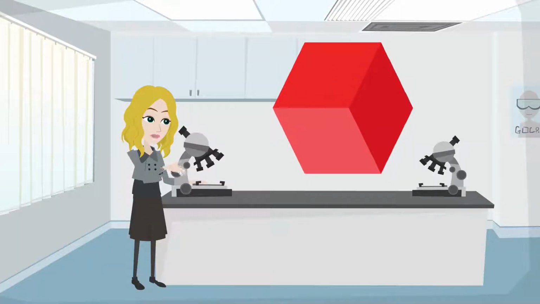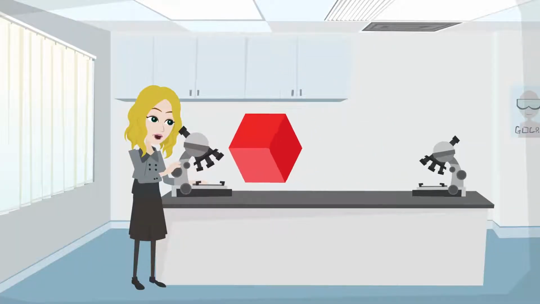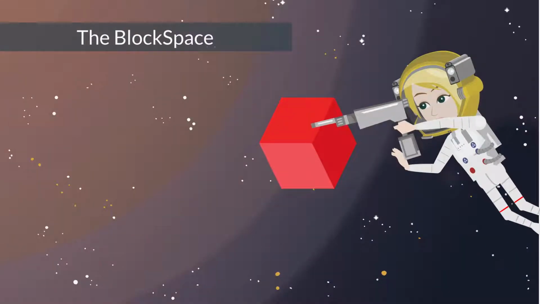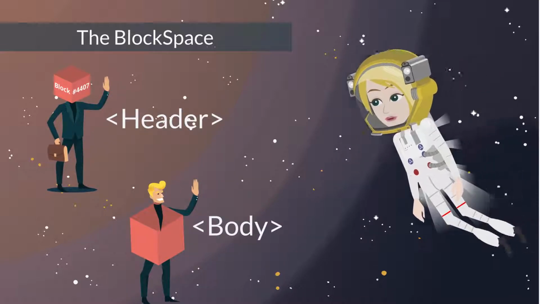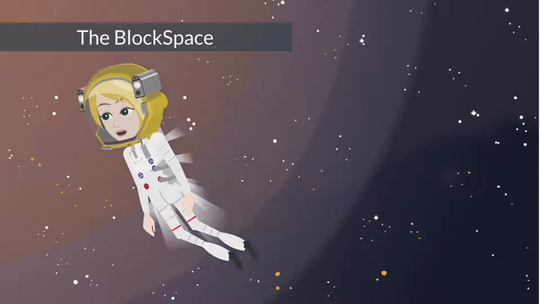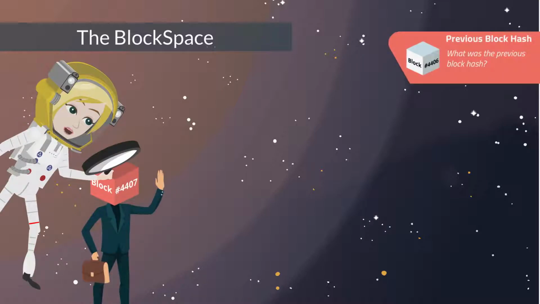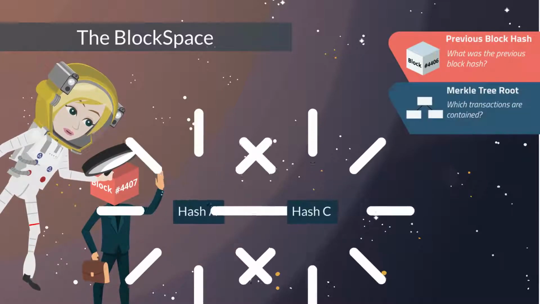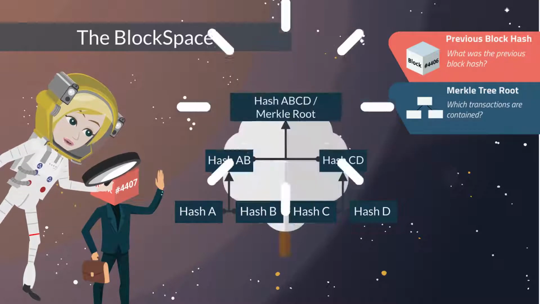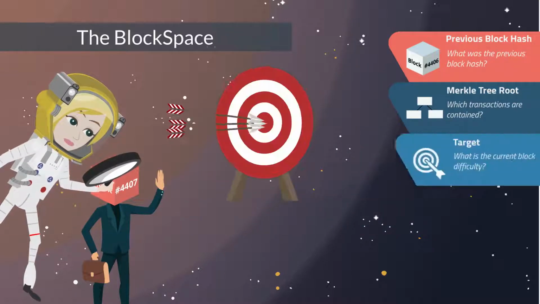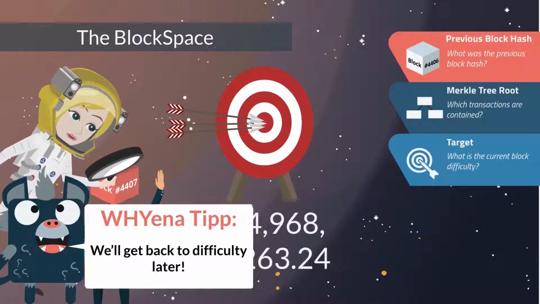Do you remember the blocks in a blockchain? When we zoom in, we can see how they're built. Blockchain blocks consist of a block header and a block body. The block header contains 6 pieces of data: the previous block's hash, the Merkle tree root, which is a special hash from all the transactions included in the block body, the target that defines the difficulty of the block,